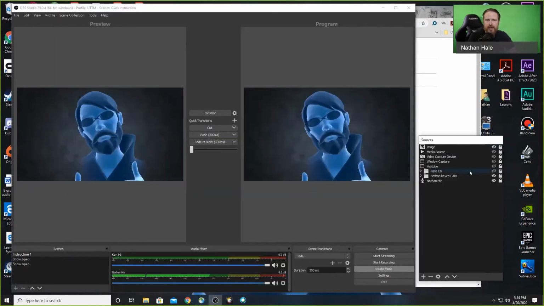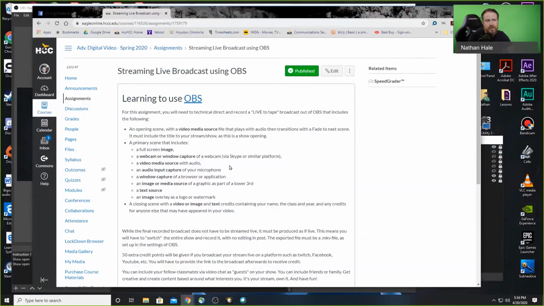So window capture can be like maybe you're in Skype and you're capturing multiple windows and you're breaking that one window with 4 people or 2 people into quadrants individualized as separate shots so you can live switch between different cameras, if you will. Or use something like WebEx or Zoom where it switches on the active speaker. Whoever's actively speaking, it switches to their camera. Or perhaps you also will need to have a video media source, which will be a video to play back. Maybe you're going to be talking about your video production skills and show off some B-roll or a video of